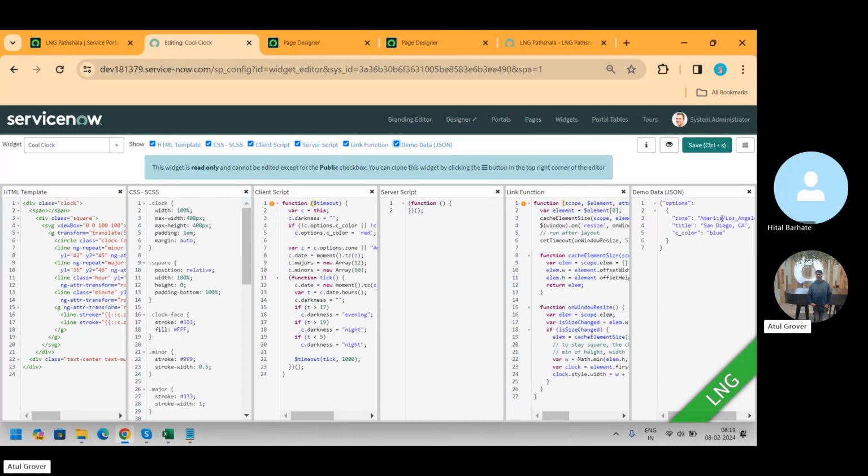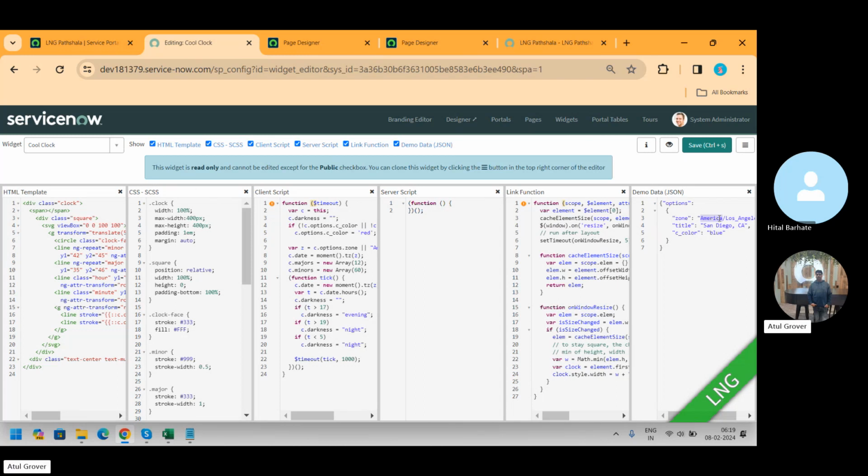It's showing the zone like this. Caption. Now ServiceNow does not recommend